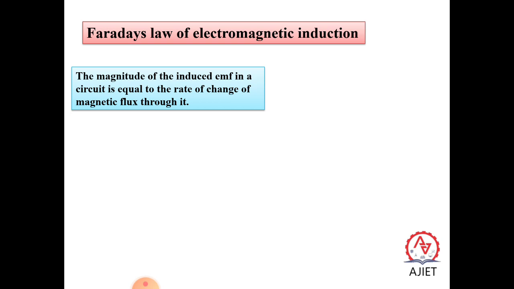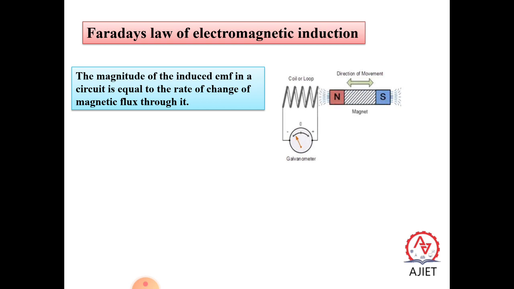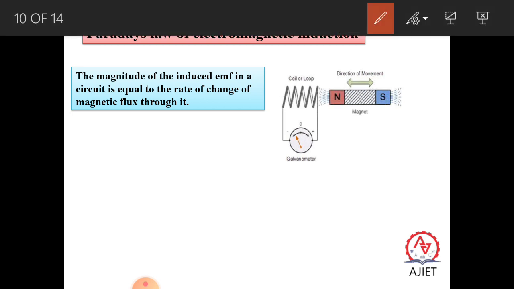So you can see in this diagram, it is very clear. There is a magnet here which has a north pole and a south pole. This magnet is made to insert inside the coil. You have seen in the lower classes the coil and magnet experiment, where we take a magnet and put it inside the coil. When you put the magnet inside the coil, the galvanometer shows a deflection. When you move the coil away from the magnet, again the galvanometer shows a deflection in the opposite side.